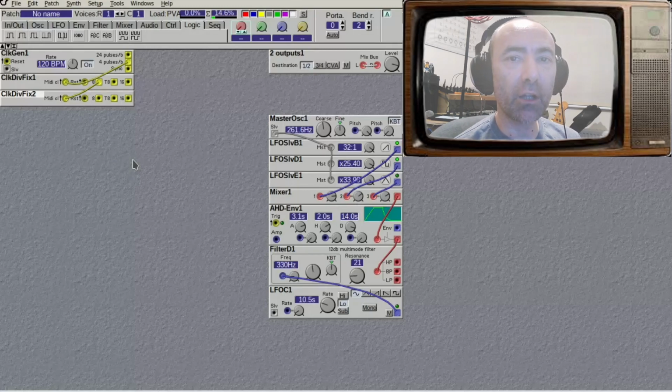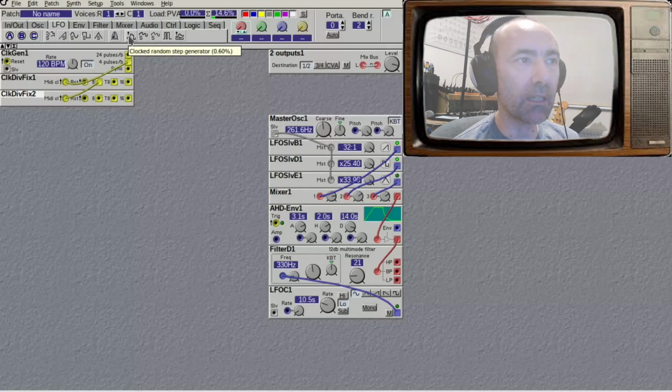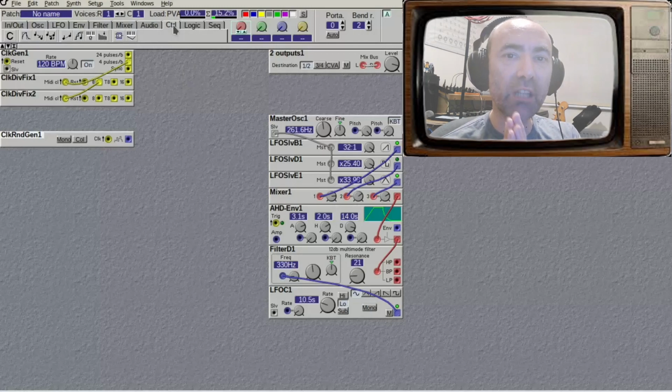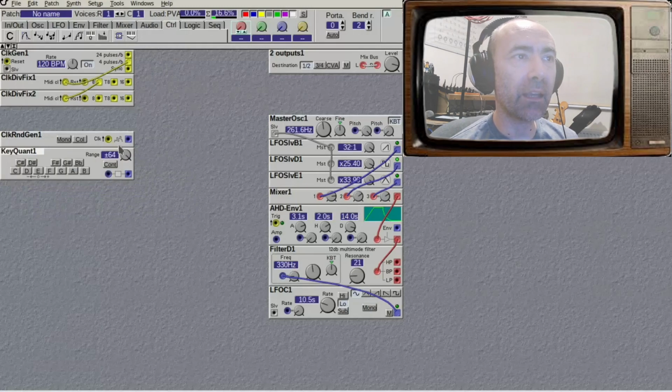Now we need to make a note generator, and again, this is really quite a simple thing to do. So we need to go to the LFO, we pick a clocked random step generator, and we put that in there. And then we need to go to the control tab. We're taking those random steps which come out of the random generator and saying we want to convert those so that they play notes and specific notes. So there is a key quantizer, and we put that key quantizer in there,